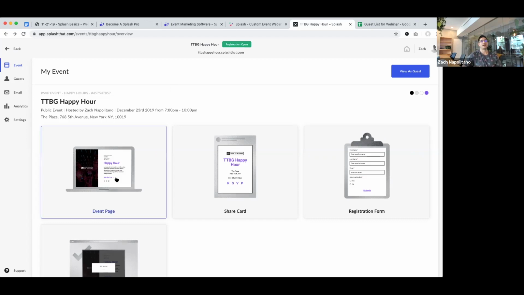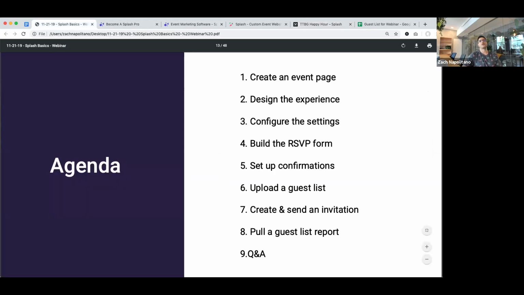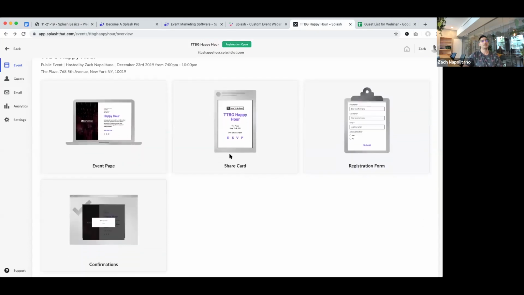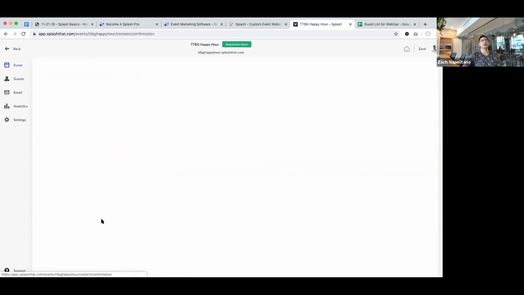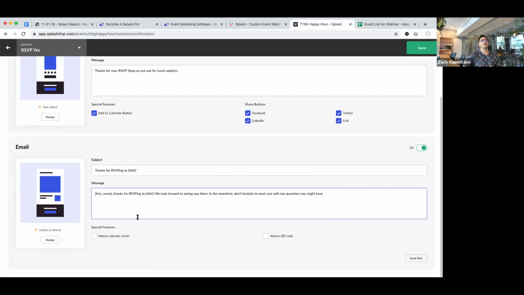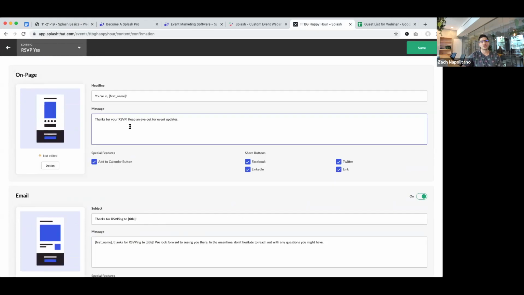So now that I've hit the event page, I've hit the registration form, we're going to go to our confirmations, and if we remember our requirement from earlier, we need to set it up in such a way that guests are able to cancel their response right from the information. I really do need a true count of my guests for this happy hour. So let's pop into the confirmations touch point.